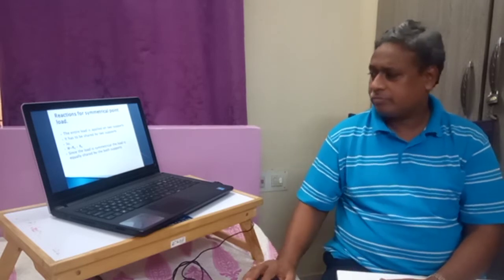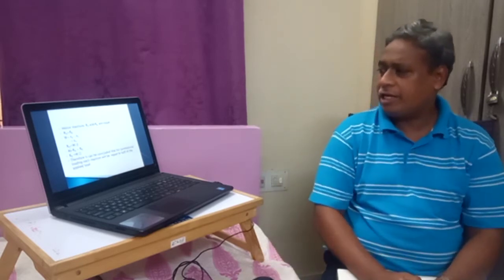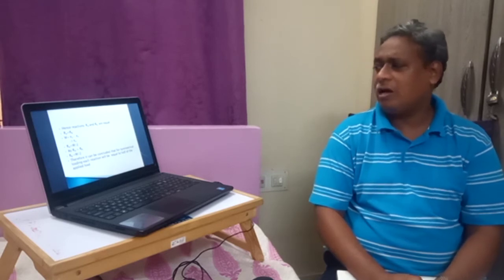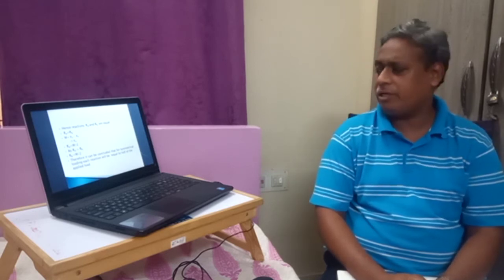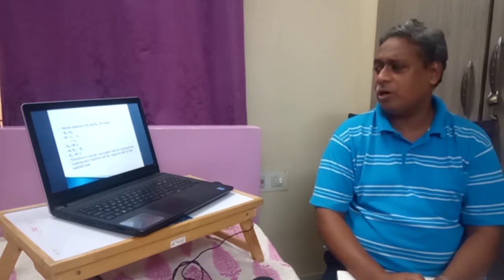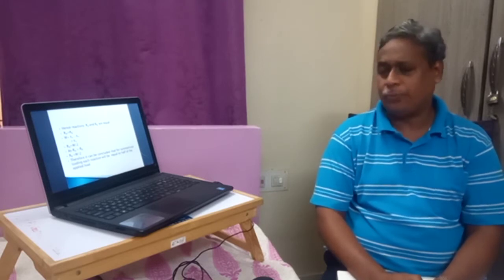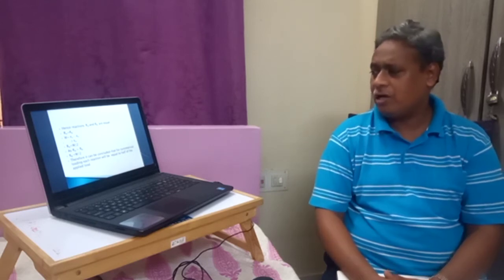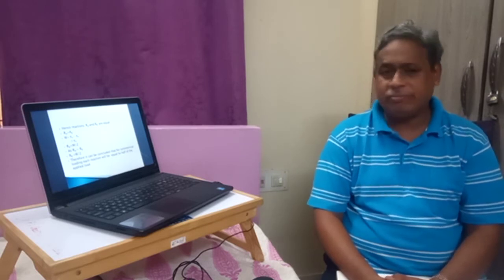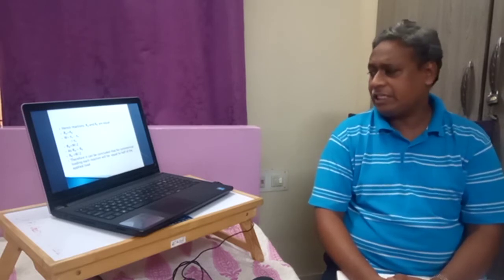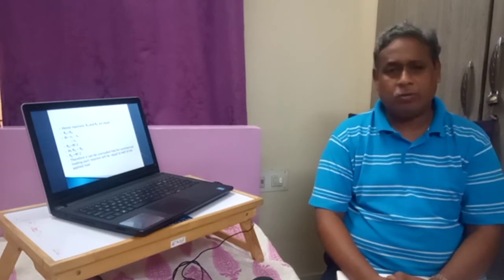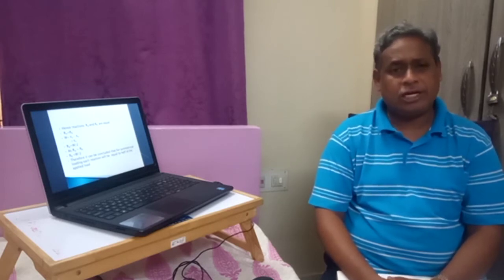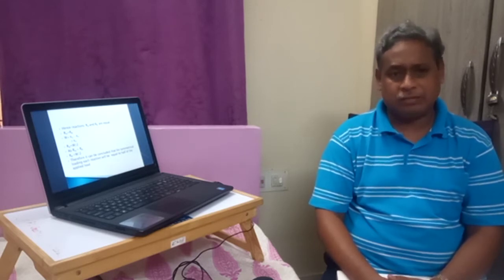Hence, since RA and RB are equal, W is equal to RA plus, instead of RB I am putting RA. So W is equal to 2RA, RA is equal to W by 2. As RA and RB are equal, if RA is equal to W by 2, RB will be equal to W by 2. So it can be concluded that for symmetrical loading, each reaction will be equal to half of the applied load. Each reaction RA and RB will be half of the applied load when it is symmetrical.